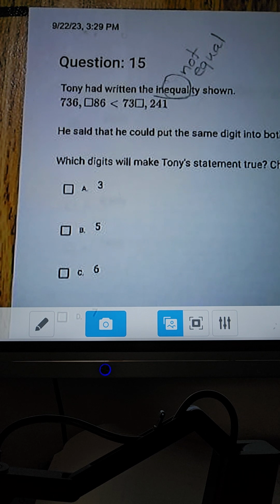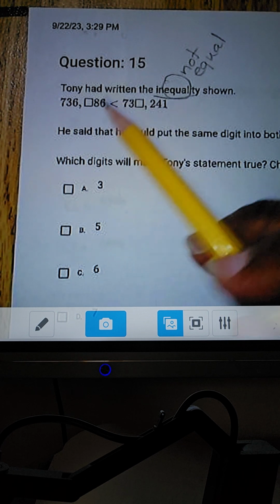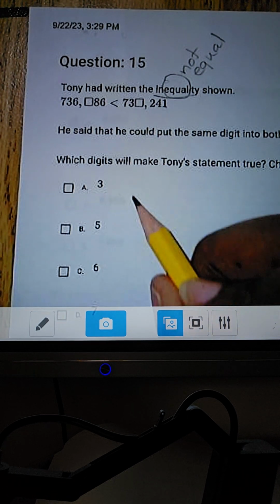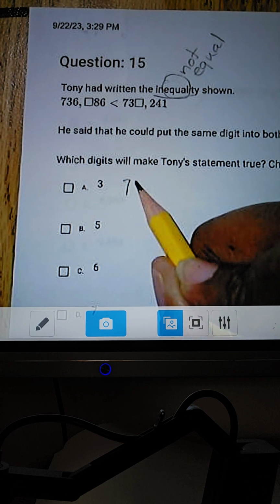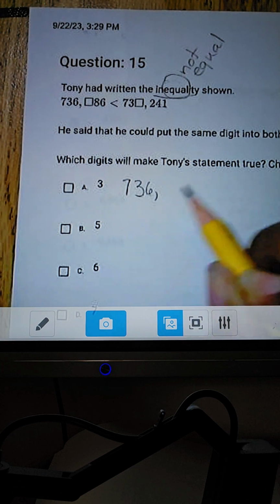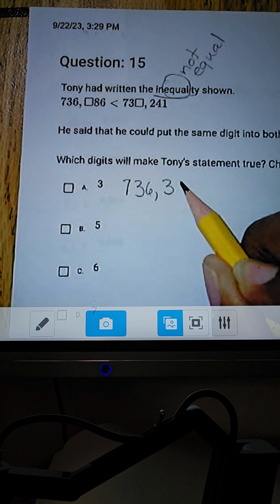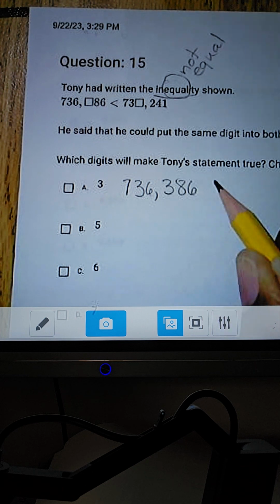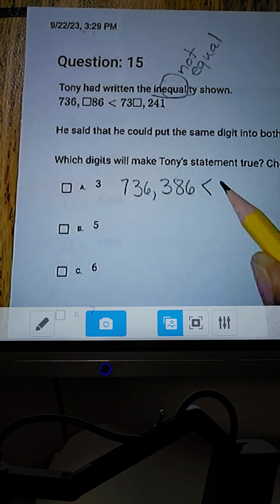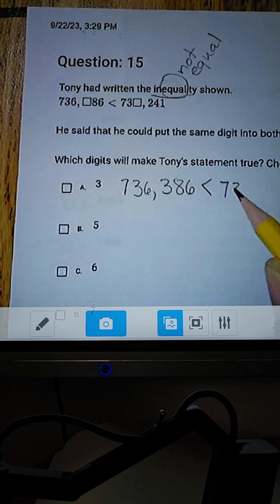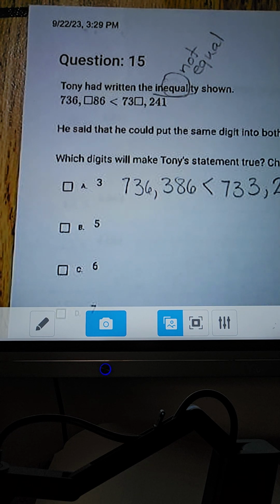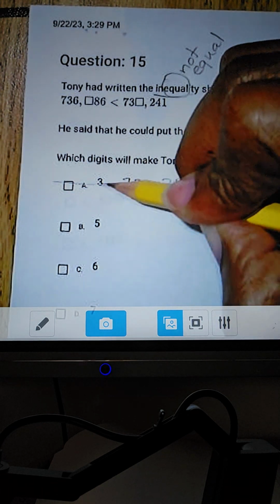Choose all that are correct. Okay, so he's saying that I could say 736,386 is less than 733,241. Is that correct? No. No. Okay, so that one is a